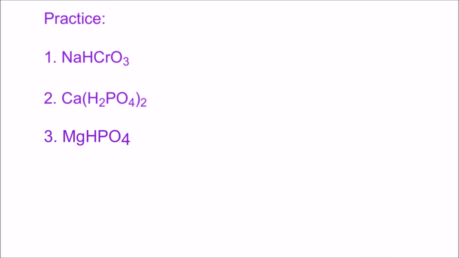Okay? So let's answer number 1. The first thing we do is say the name of the first element, sodium. Then we're going to say hydrogen or dihydrogen. In this case, there's only one, so we say hydrogen. And then we need the name of our polyatomic anion. So the chromium is going to be the